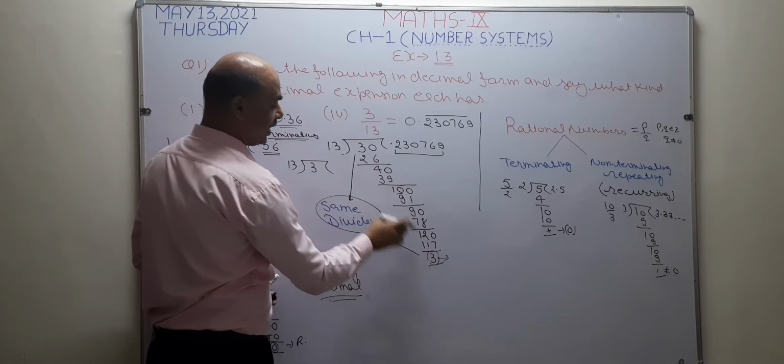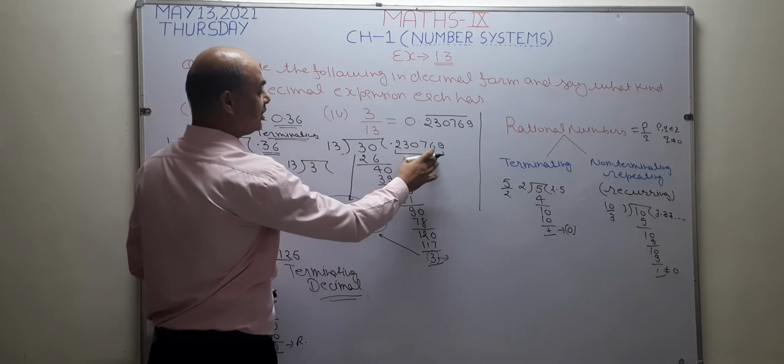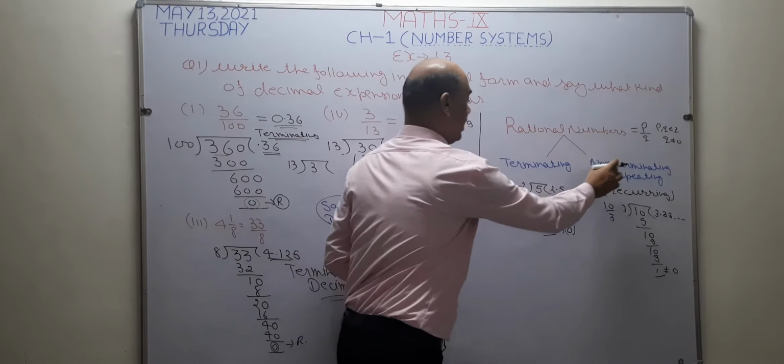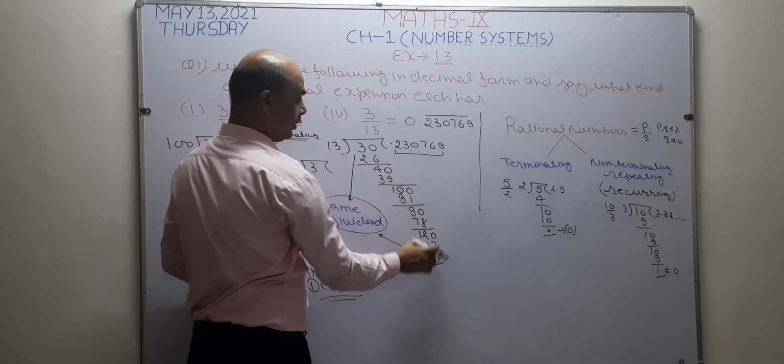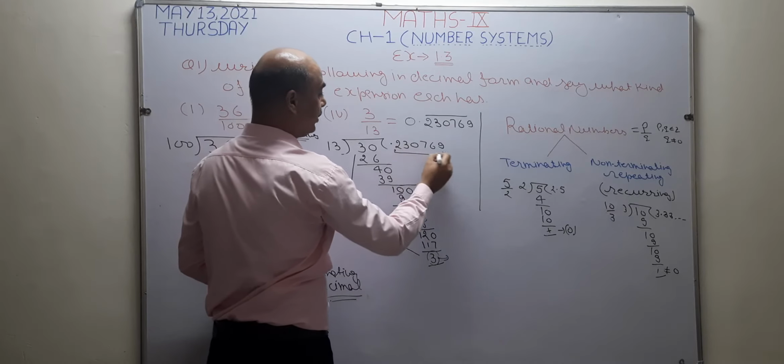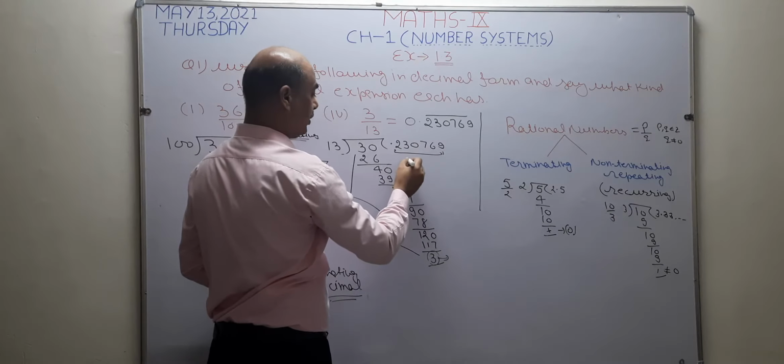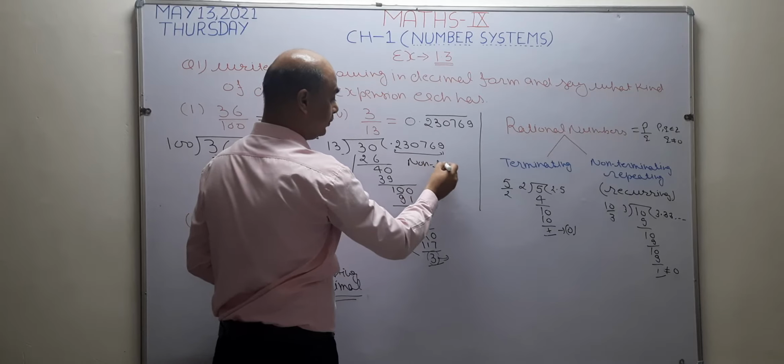Since the remainder cannot be equal to 0, the given decimal becomes non-terminating, and from this number, all these numbers are going to repeat. So the decimal representation of this becomes non-terminating